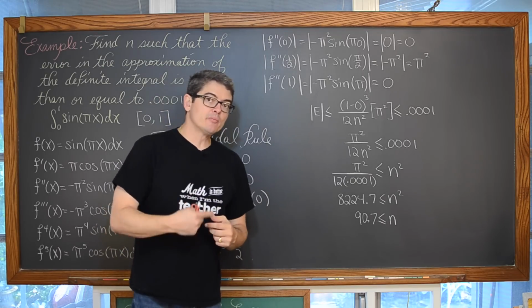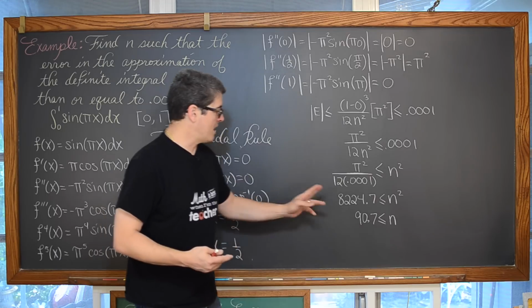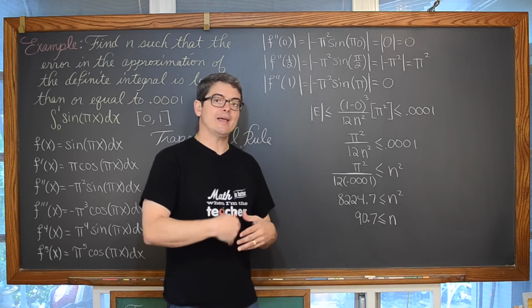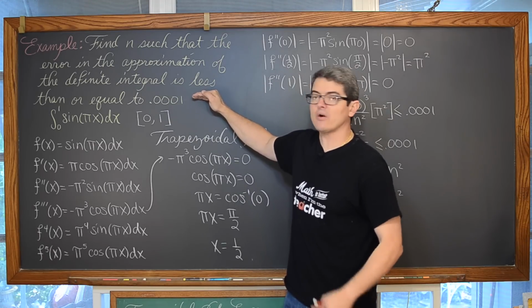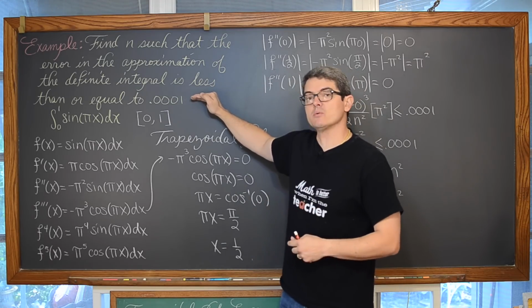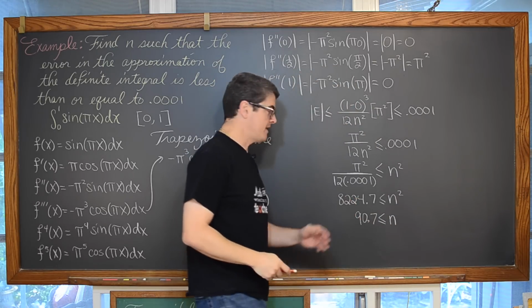Now n is a number of partitions. It needs to be a whole number. So we're going to round that up and make sure that we have n large enough to meet this maximum. We want our error to be, at the most 0.0001. It's okay if it's less than, but it can't be more. So we want to bump that n up to